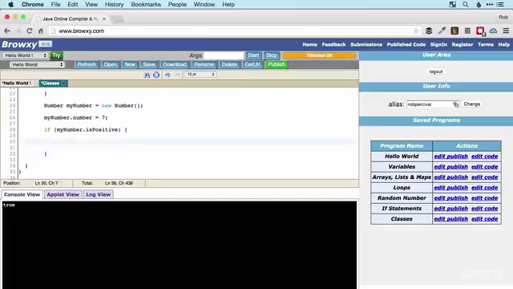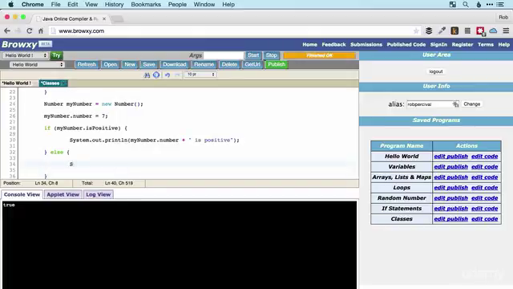And then I'm going to be a bit fancy, and rather than just printing true or false to the console, I'm going to use System.out.println, and I'm going to get myNumber.number plus " is positive". There we go. And else, so in this case it's not positive. So myNumber.number